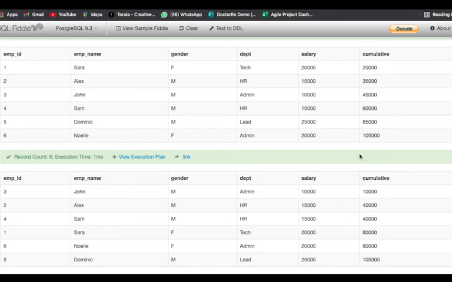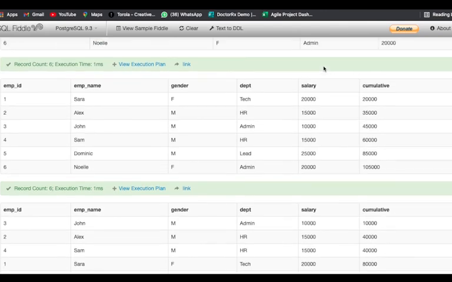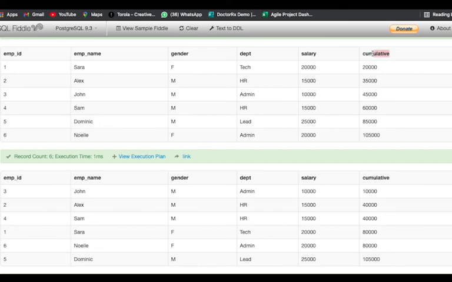So let me tell you where the problem is. We should never order by columns which might have duplicate values. In the salary column, we have 20,000, 15,000, 10,000, then we again have 15,000, and then we again have 20,000. So when values are repeated, the cumulative sum gets disturbed.